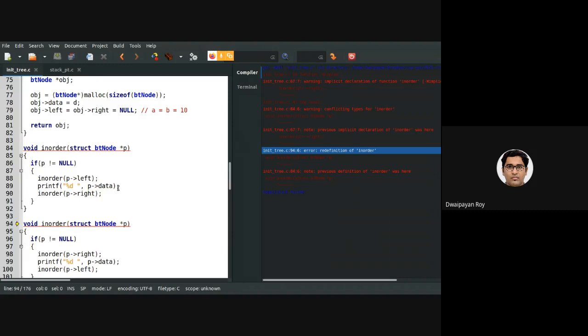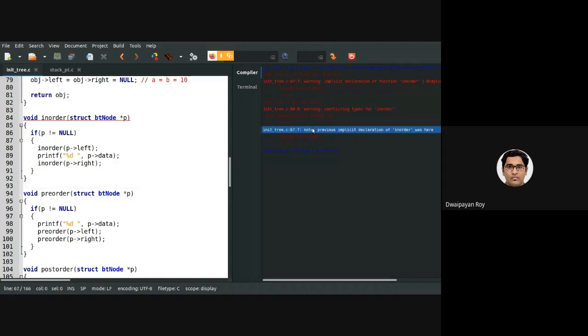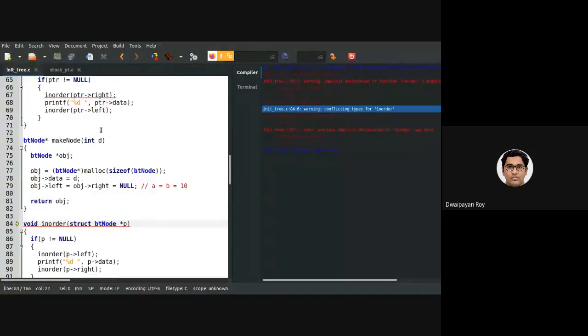Basically there are two in order traversals, since we started writing this in the last class. Still there is one error, I guess. Actually these are warnings: conflicting type of in order. Why conflicting type of in order?